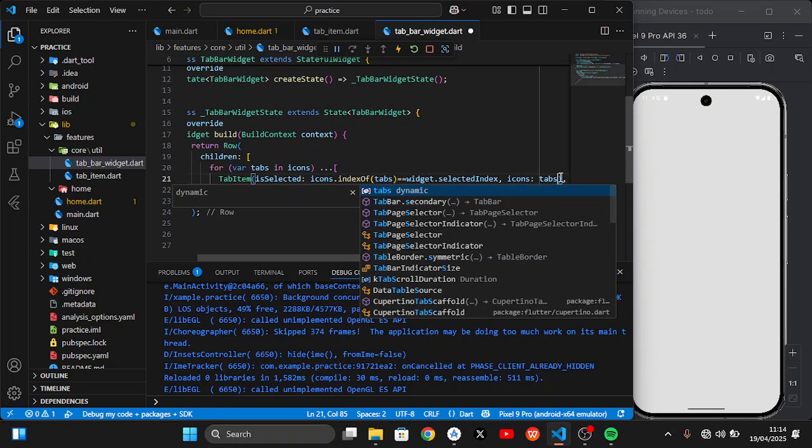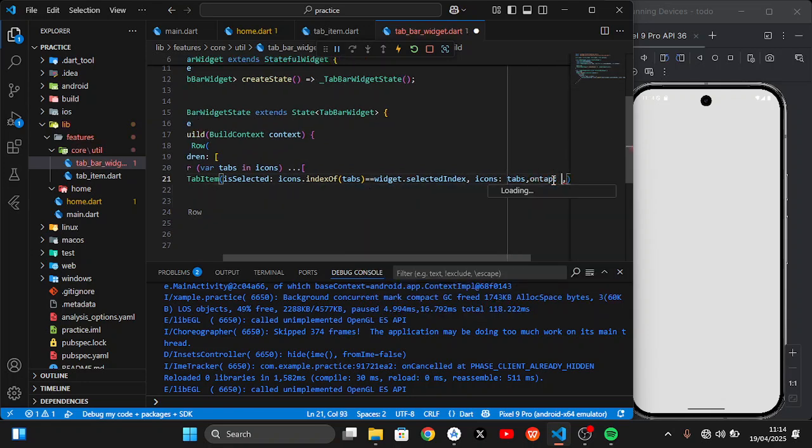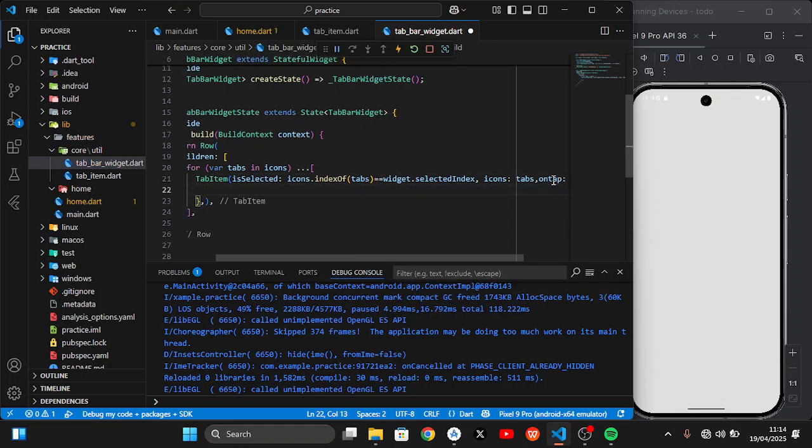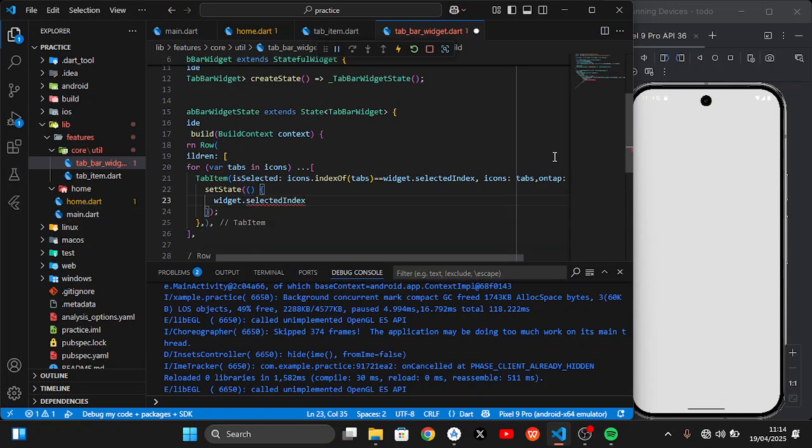Okay, and so tabs. Then the next thing we have is on tab. Now for the on tab, since it's a stateful widget, we have the set state, and we will do something here where we'll make the widget selected index to be equal to